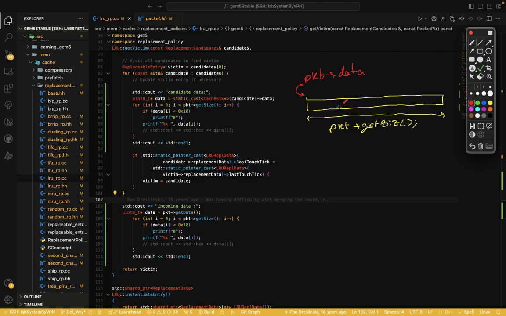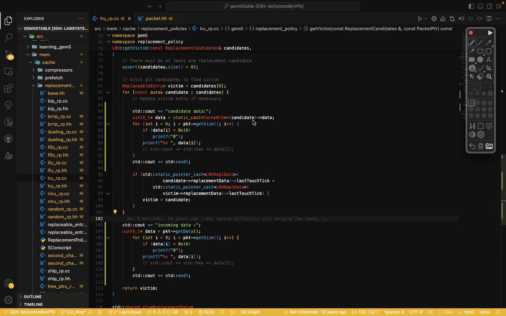When we have an array, we can check all the values in the array by index. We have indexes starting from 0 to n, where n is equal to one less than the size. Okay, we have a packet of data.